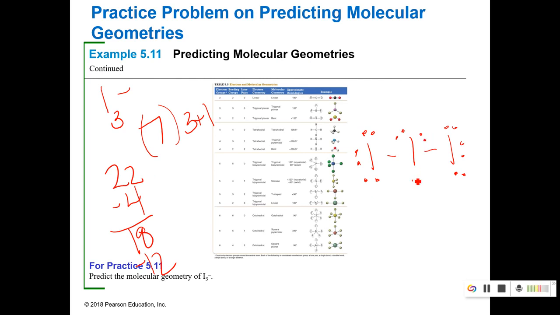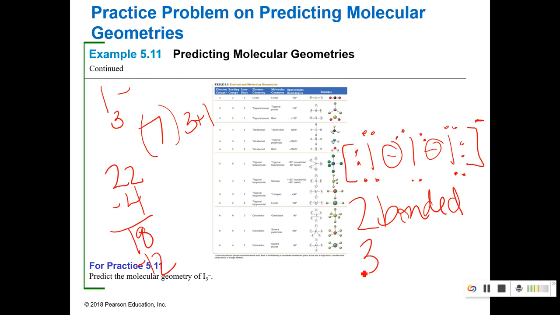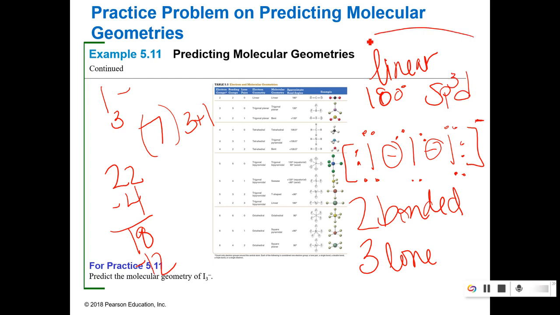They have to go on the center. They must go in pairs. I need to give that brackets and a charge. So my center has 2 bonded and 3 lone. Okay, so this one is linear, which is 180, but it's sp3d because it's got 5 total